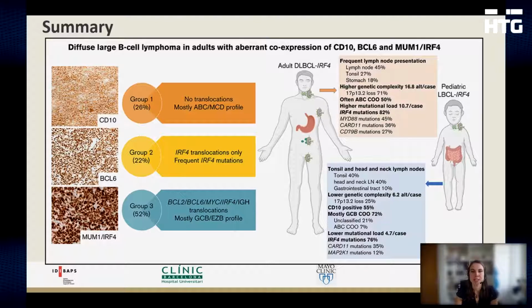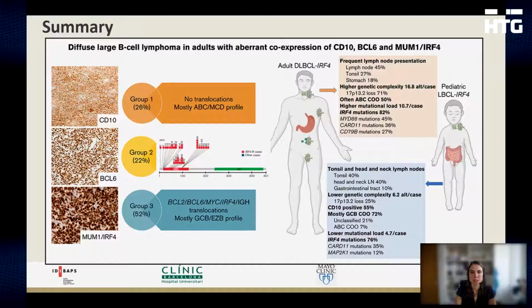To summarize our findings, our multi-platform approach to investigate diffuse large B-cell lymphomas with aberrant expression found 3 distinct groups. Group number 1 includes cases without chromosomal translocations and, despite expressing CD10, often show gene expression profiling and/or mutational profile of the ABC-MCD subgroup. Group 2 includes cases with only IRF4 translocations with an aberrant somatic hypermutation pattern of the IRF4 mutations. Group 3 includes cases with 1 or more translocations in BCL2, BCL6, and MYC, and are assigned mainly